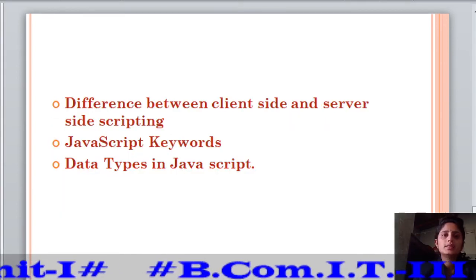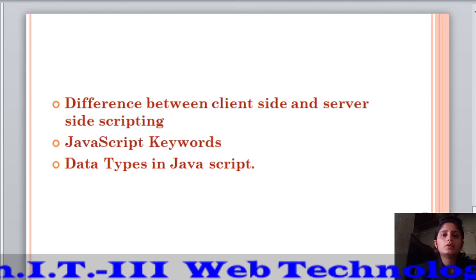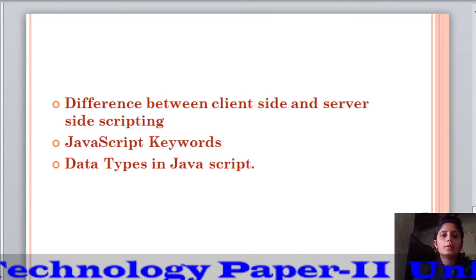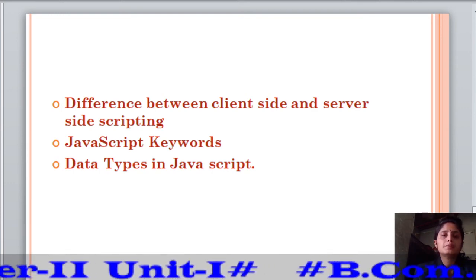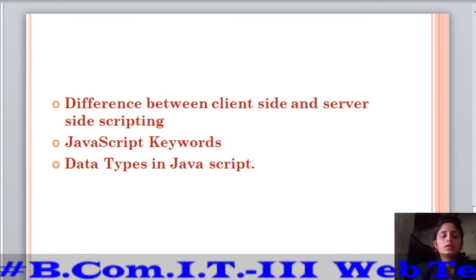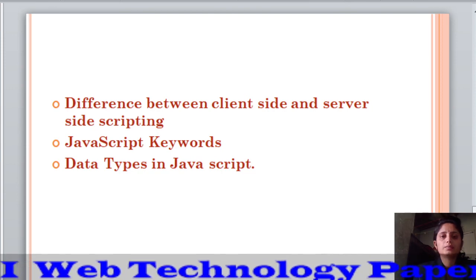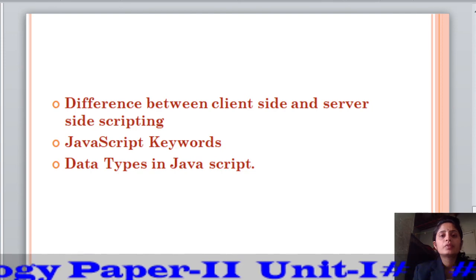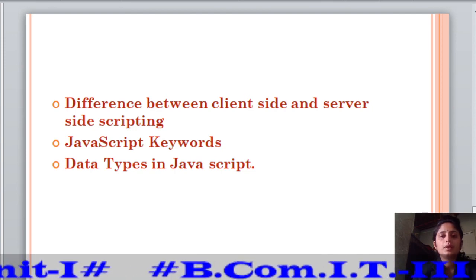In today's lecture, we discussed the difference between client-side scripting and server-side scripting. The second point is the JavaScript keywords, and the third point is the data types in JavaScript. In JavaScript, there is only one data type, which is variant. In JavaScript, there are some sub data types, which are the primitive data types and